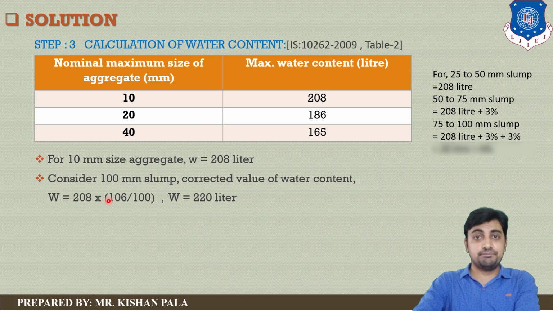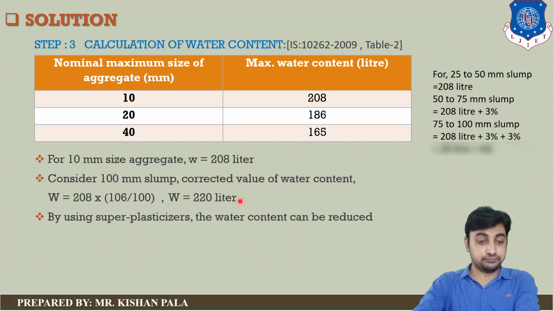So the correction of water mass: 208 liters, and we have to add 6 percent. It means 208 multiplied by 106 divided by 100. It means we have a final water mass of 220 liters. And as we know, we also require a correction regarding the superplasticizer, and